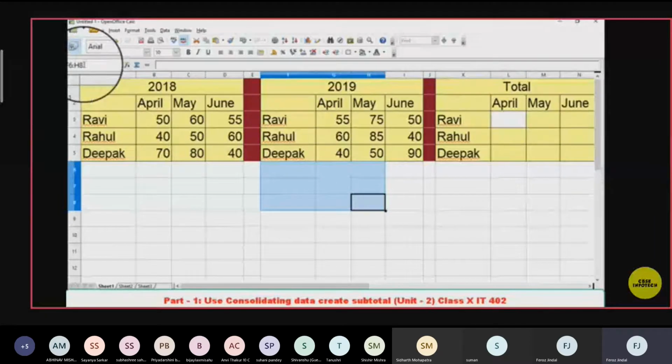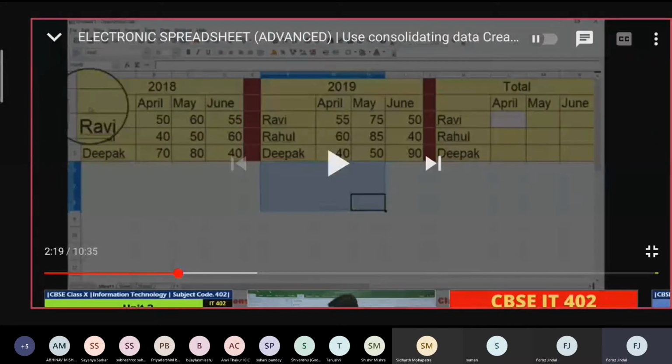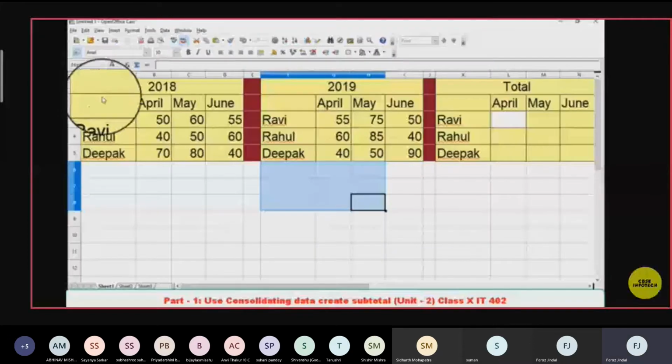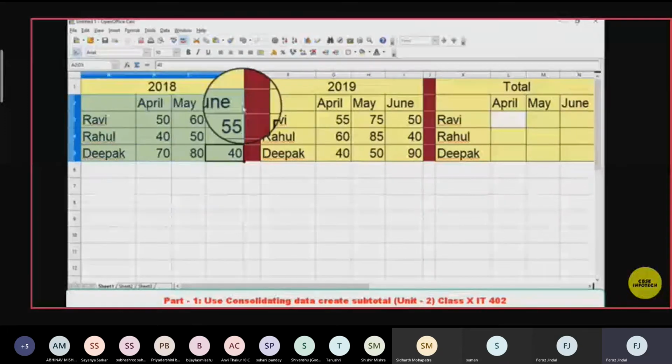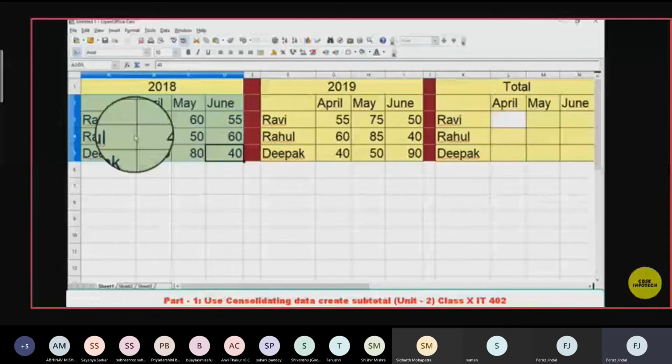That is the name of this range. You can give any name also. Let us say I make a range by scrolling from here to here, April, May, June.